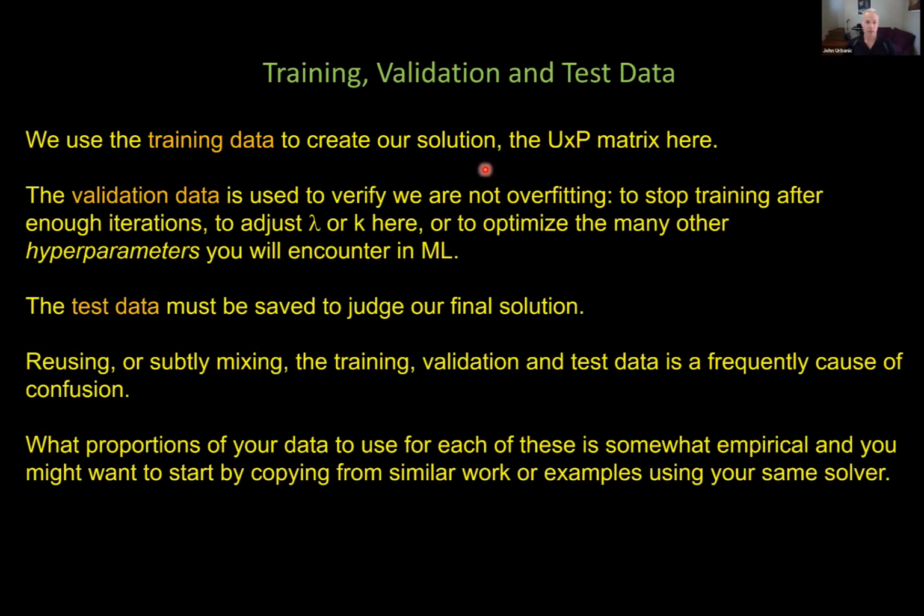Now, to do this, we need to take our original data and come up with our U and P matrix. And so you might think the obvious thing to do is just take all of our data and throw it into the mix and start coming up with the best possible U and P. But what we'll find out is that we might end up overfitting our data here, because even though we have this lambda, we don't know what the right value for lambda is, right? We haven't figured out the value, and there's no way to do that on paper. So how do we know that we're not overfitting? Well, the only way to know that you're not overfitting is to keep some of that data squirreled away to the side so that you can go back and check after the fact and see if your problem generalizes, right?